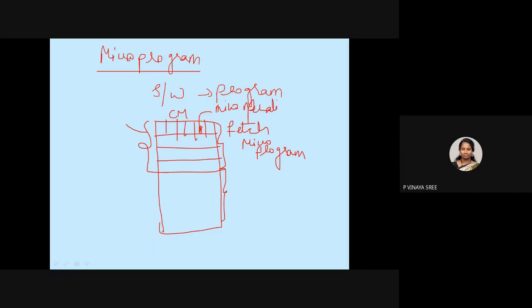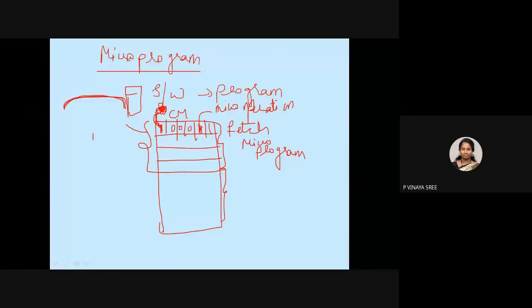So micro operation means what? Based on what we are doing, you will have data like 1 0 0 0 1 1 internally. If you have a 1, that indicates this is a control word, and it generates a corresponding signal based on that. If it is high, a corresponding signal will be generated. Based on that, the processor gets an idea that it has to read, and it generates a corresponding signal to read the data from memory. So this is about micro operation.